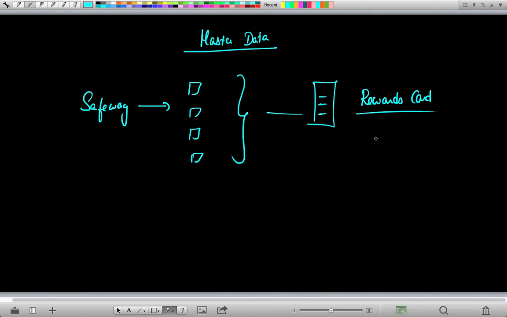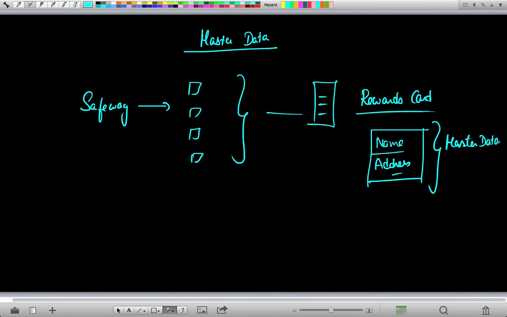What does a rewards card have? A rewards card has your name, address, and some other personal details about you that they think are relevant for your purchase. This right here is master data. You can also call it customer master, because you're a customer in this case, and Safeway is the company or the vendor which is selling you